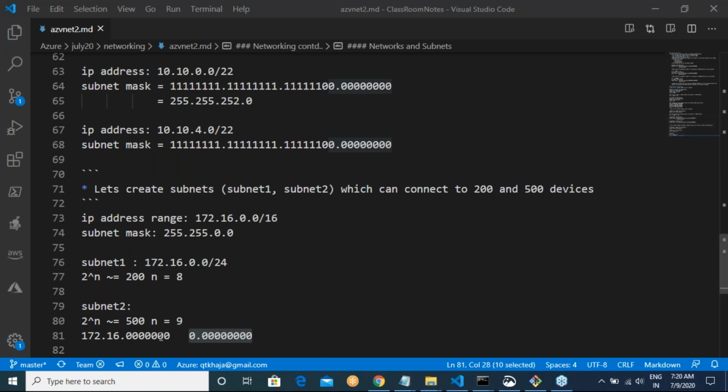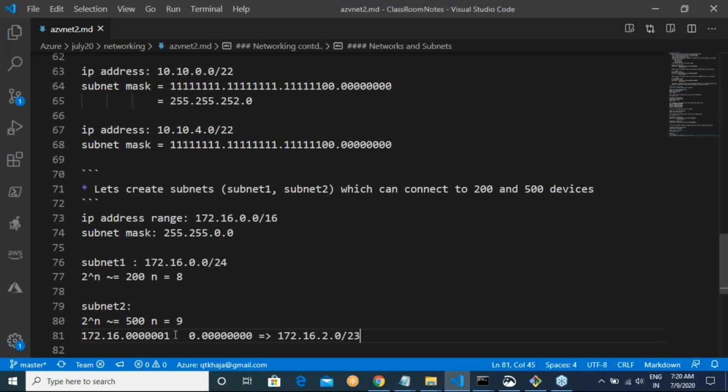So what I need to do is change this 0 to 1, right? When I do that, what will be the value? 172.16.2.0/23. Am I clear on this?